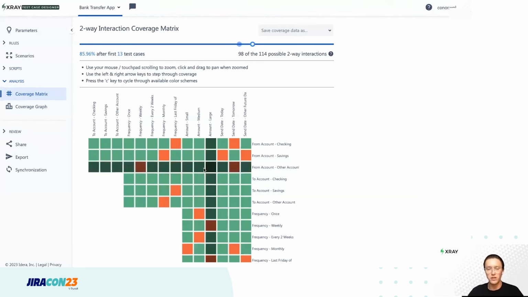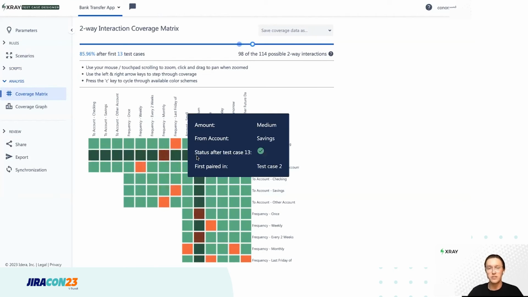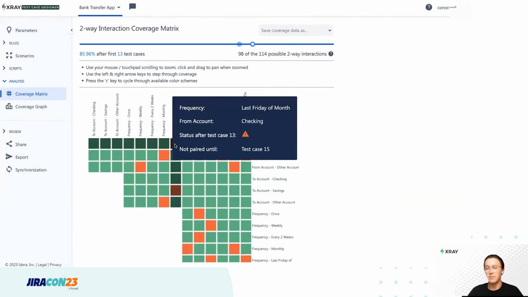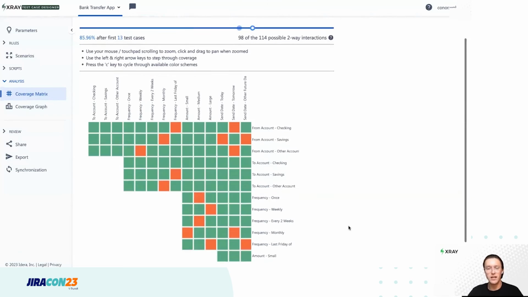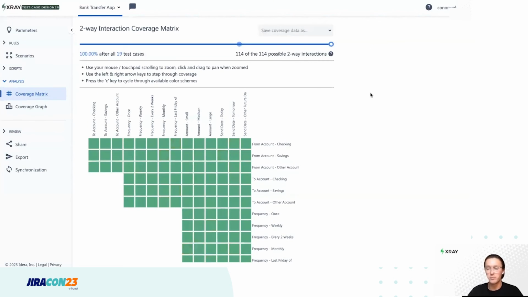13, you see a little bit more. Green squares have been covered after those 13 tests. Red squares have not been covered yet, but you'll see when they're first covered. And so the goal here is to just get smarter about our execution efforts using this graph and this matrix